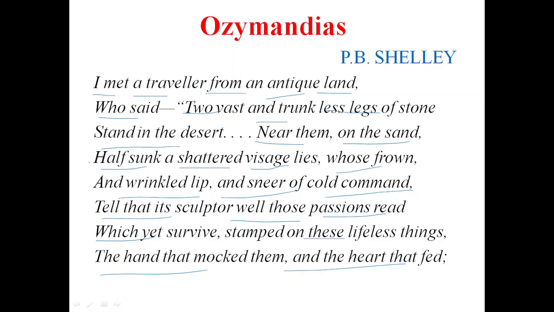So this is the first stanza, and you can count the lines. There are 8 lines in this stanza. Okay, so 1 2 3 4 5 6 7 and 8. So let's start. I'll tell you about the structure of this poem later. Just start at I met a traveler. Now here I is the first person. So someone telling you that I met a traveler, that means the poet or the writer or someone who is